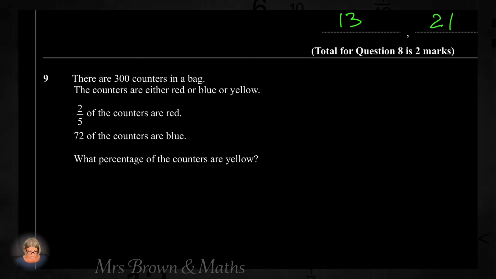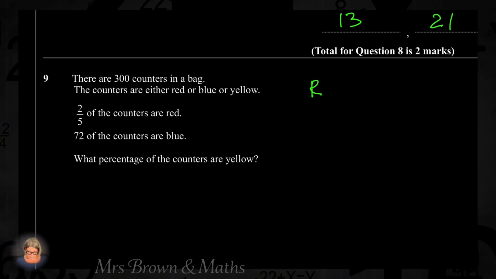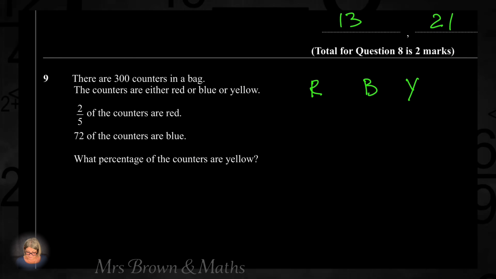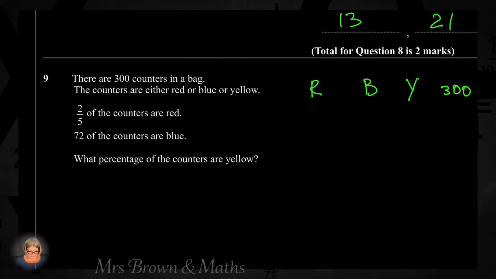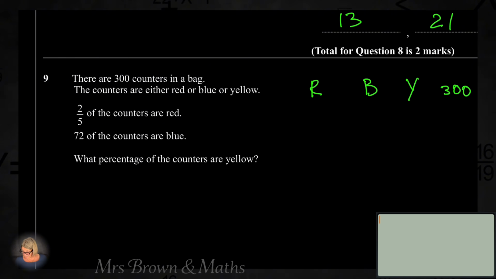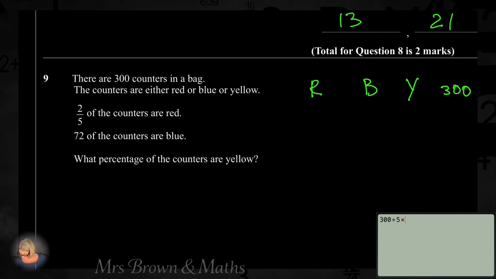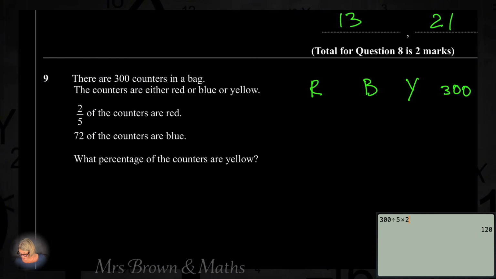Right. First of all, let's write down the colors in the same order as told in the task. So red, blue, yellow. Right. Total is 300. So 2/5 of the counters are red. How to work out 2/5? 300, you can use your calculator, divide by 5 and times 2. So we have